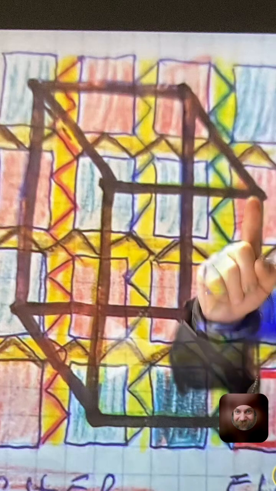1, 2, 3, 4, 5, 6. Now you have the inside corners, 7 and 8. 2 times 6, 2 plus 6, right? And it explains the whole entire cube. 2 times 6 is 12. There are 12 edges. Look at that. The edge is on the cross. The edge is connected to a corner of 3, to a corner of 3, to a corner of 3, to a corner of 3. 3, 6, 9, 12.